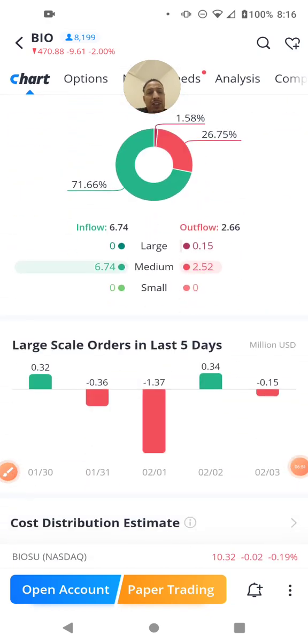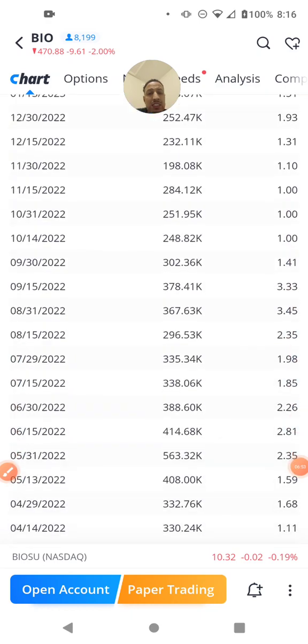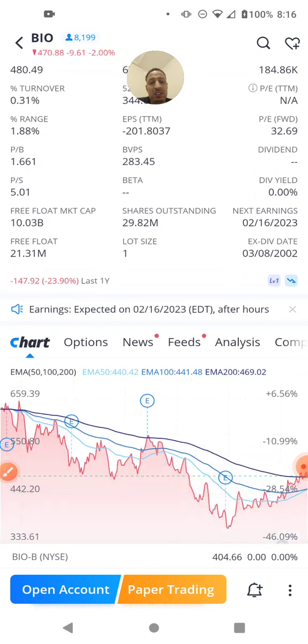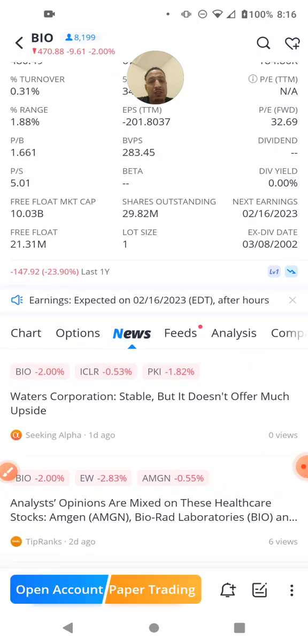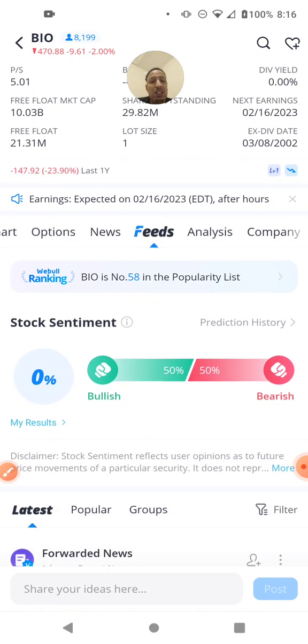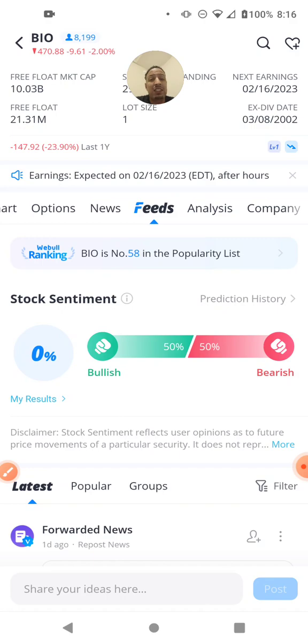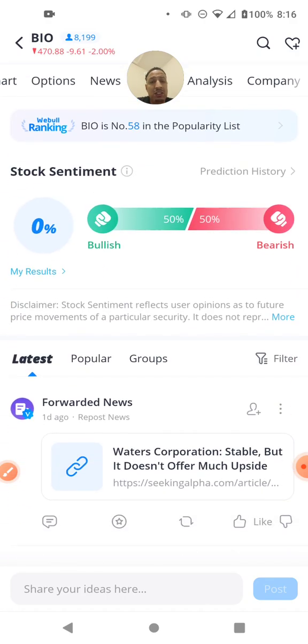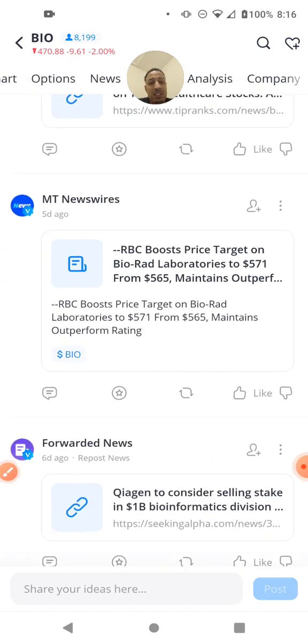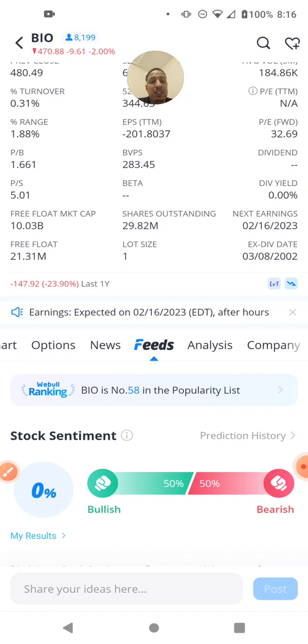Now for this stock, let's skip the options part because I don't really do options. The news, I don't really care too much about the news, unless it's something drastic. Now, news feeds, sometimes it can help. Obviously, the earnings are important, but to follow the stock all the time, I think to really,